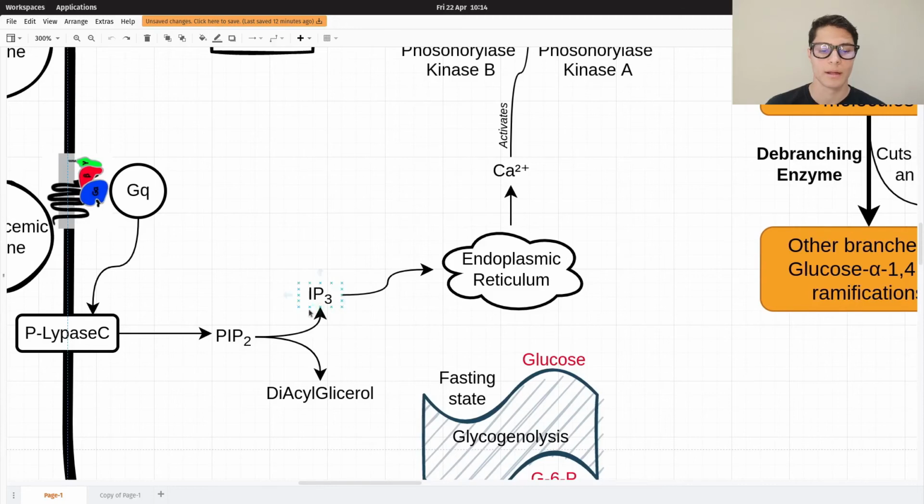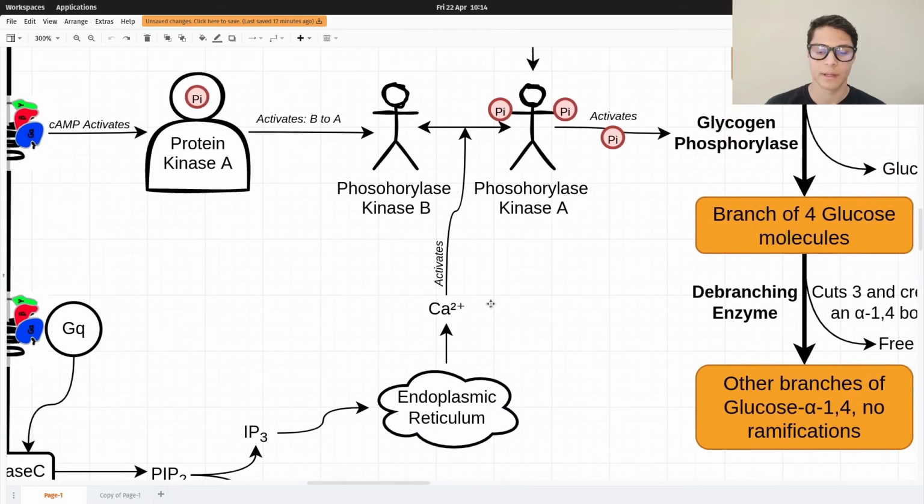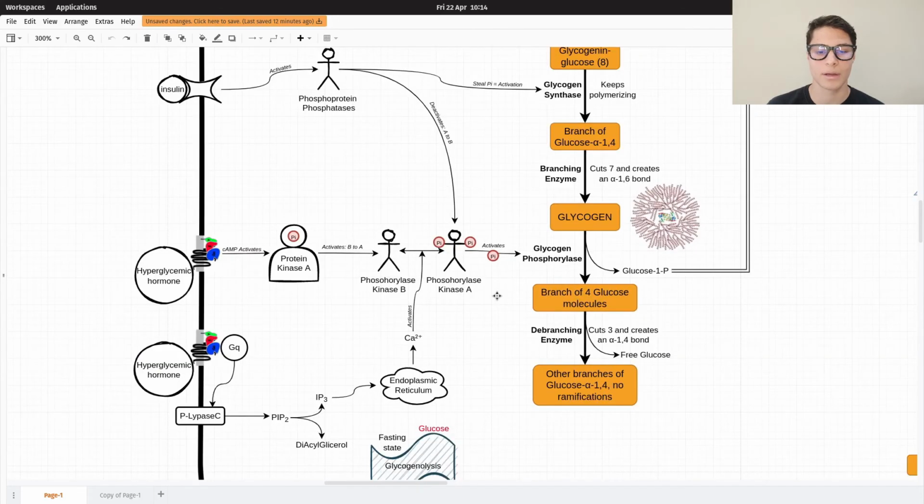IP3 can stimulate the exit of calcium from the endoplasmic reticulum. Once calcium leaves the endoplasmic reticulum, calcium stimulates the conversion of phosphorylase kinase B into phosphorylase kinase A, activating then the glycogen phosphorylase enzyme. And this is how glycogen